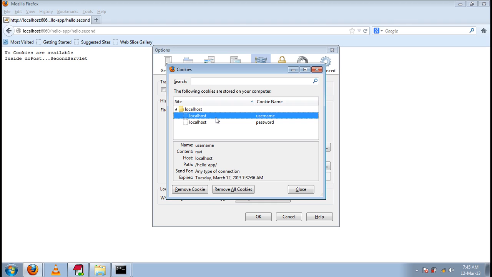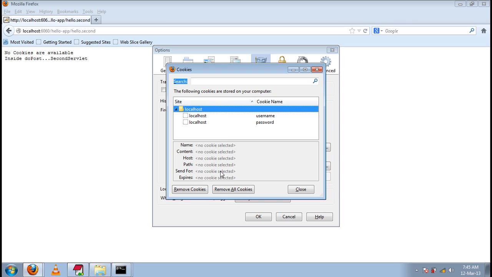The second thing is, we can delete the cookies at any point of time. We can remove all the cookies.